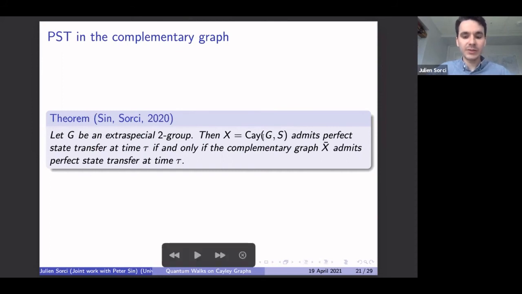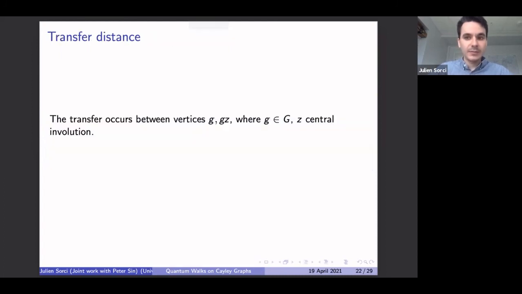This was a result that was pointed out to us by Ada Chan, and had to do with the minimum time being a power of 2, and also these groups having their order a power of 2. Right. And so lastly, one thing I'll say about these Cayley graphs of extra special 2-groups